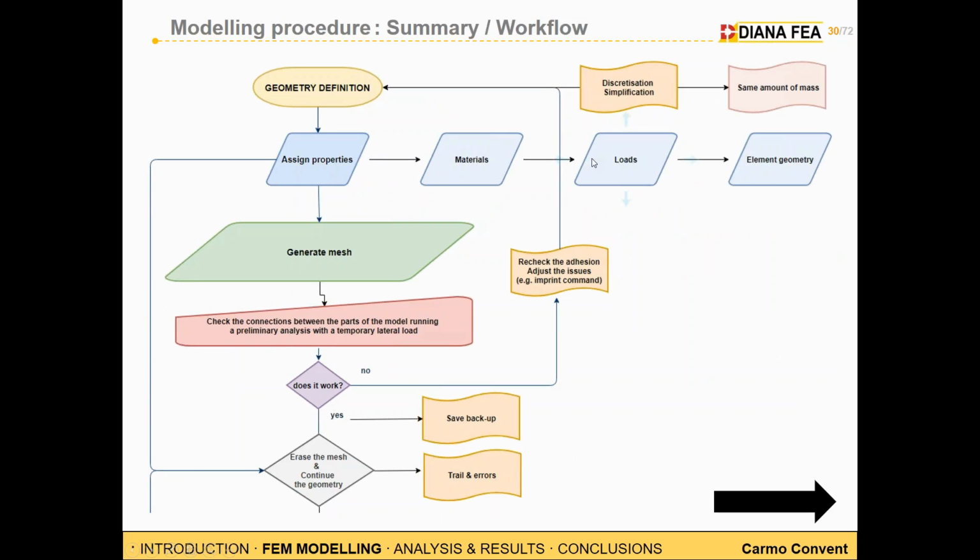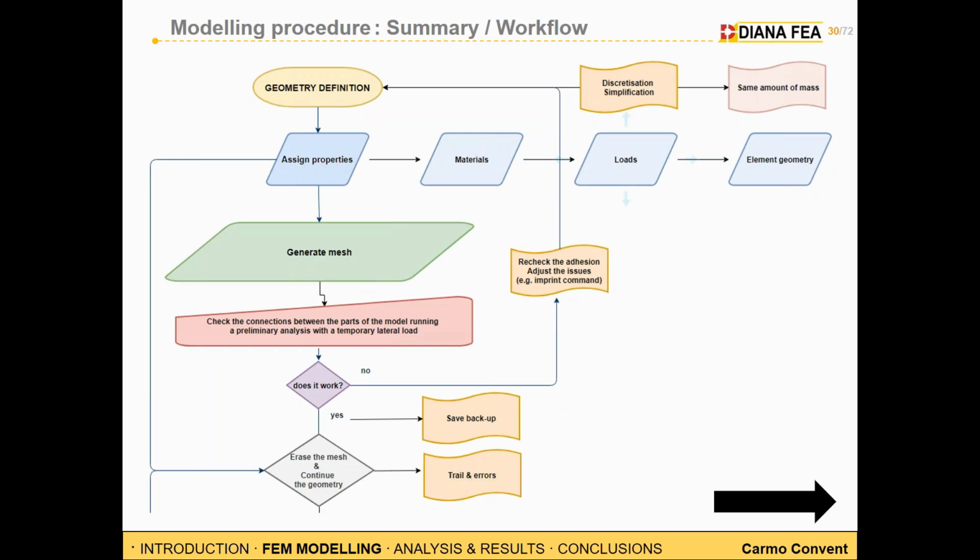Okay, in these two slides, I would like to make a kind of summary of what we have done until now, because maybe it can help you to avoid mistakes if you are going to model a complex structure like the Carmo convent. For example, I suggest you to make the geometry step by step and generate the mesh per parts, not all together,